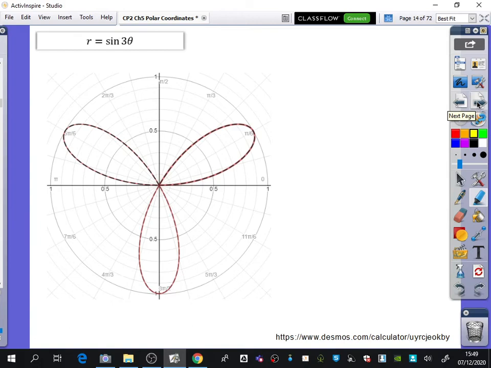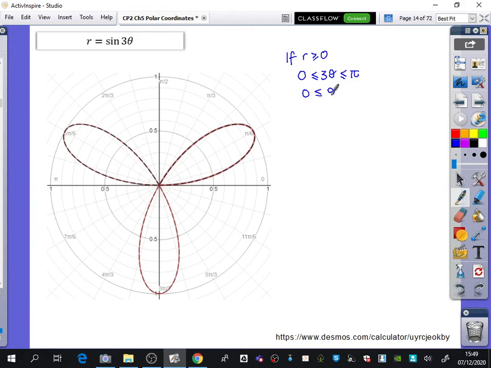And what have you noticed is happening in r equals sine 3 theta with the positives and negatives? Yeah, the positive petals are in the same places where the negative petals would be. So let's just think about the background of where this comes from. If r is greater than or equal to 0, what can you tell me about 3 theta that we said before? What would it be for it to be positive? Between 0 and pi. It's between 0 and pi for the sine graph. So it's between 0